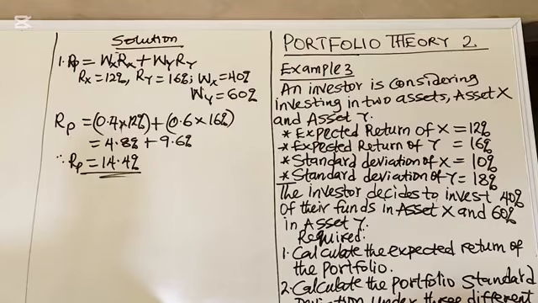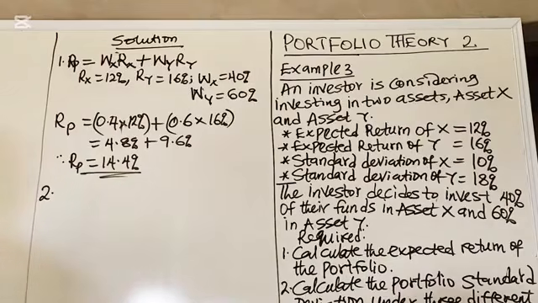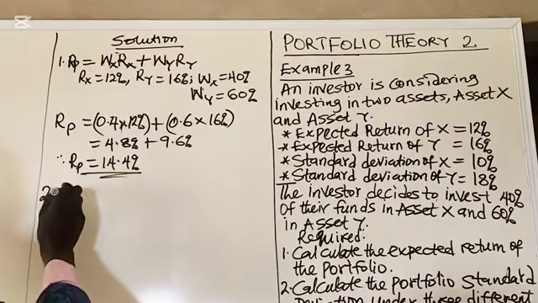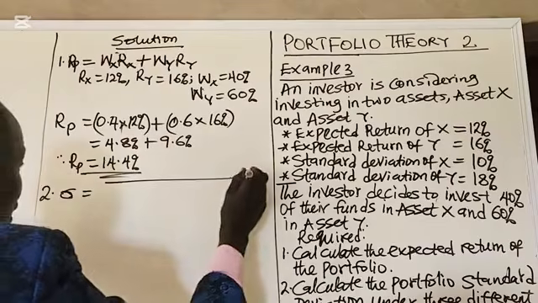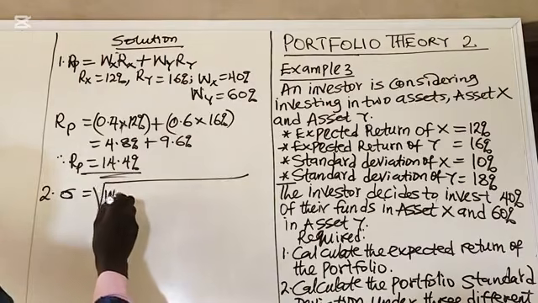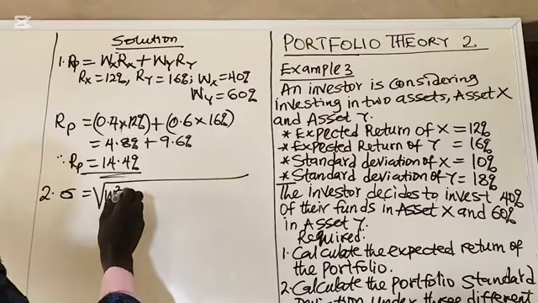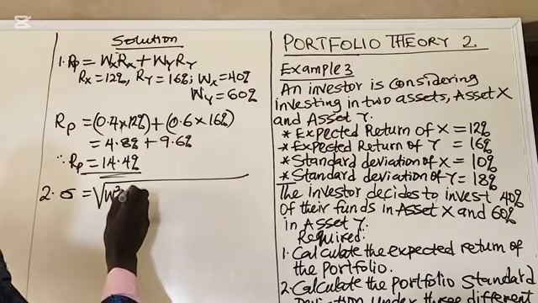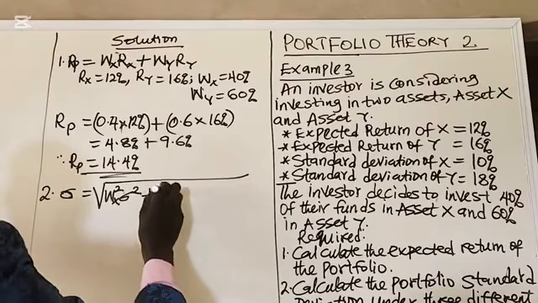Number 2, you have to calculate the portfolio standard deviation under the 3 different correlation coefficients. So the formula for standard deviation is the square root of variance: the square root of weight of security X squared, multiplied by the variance of X, plus weight of Y